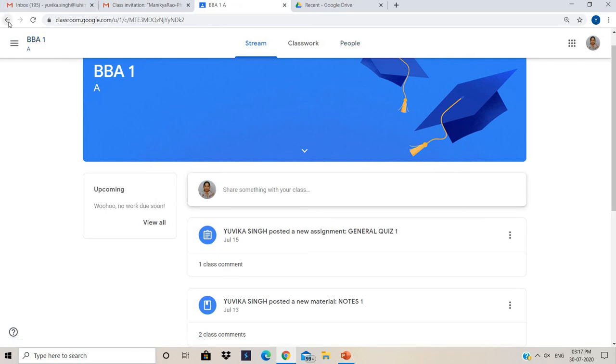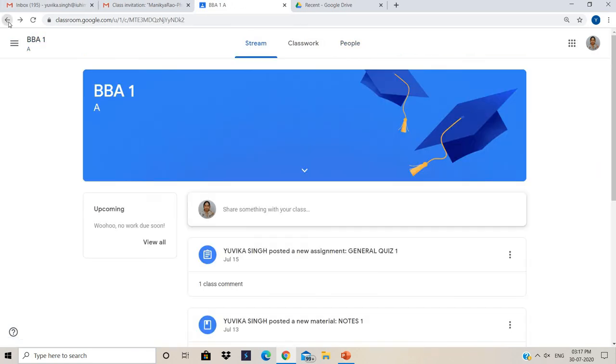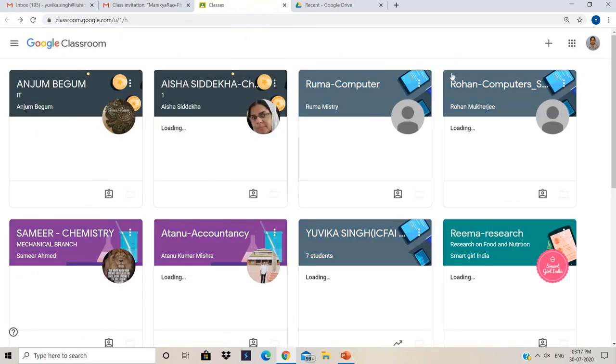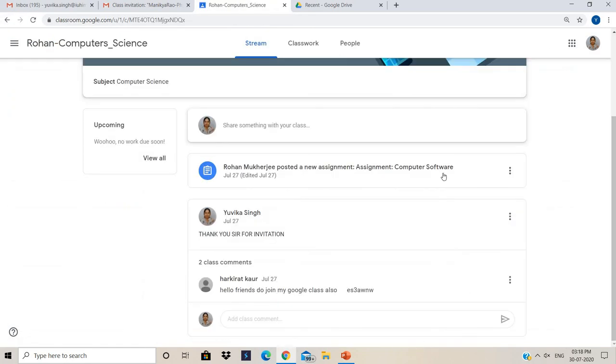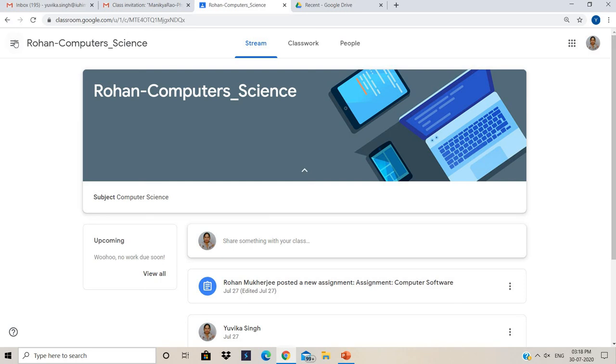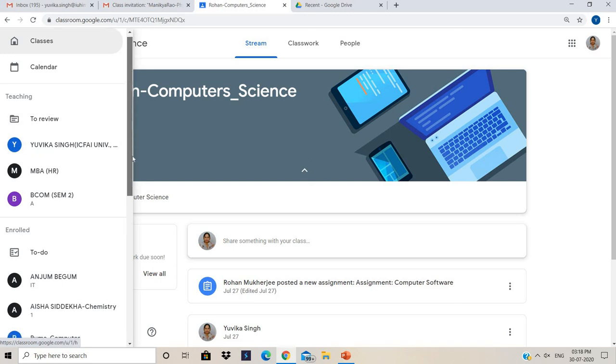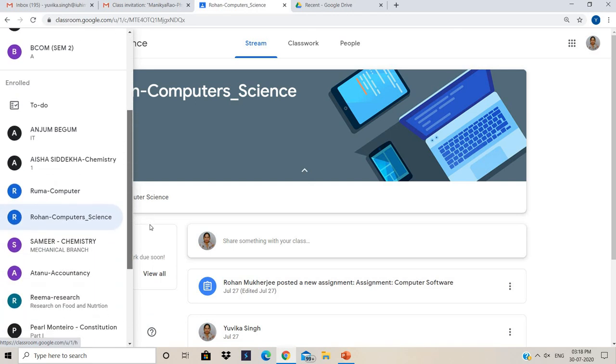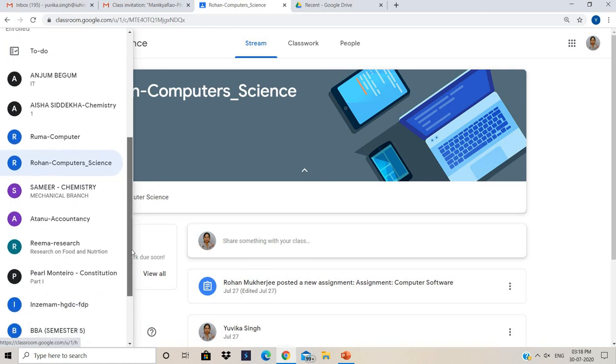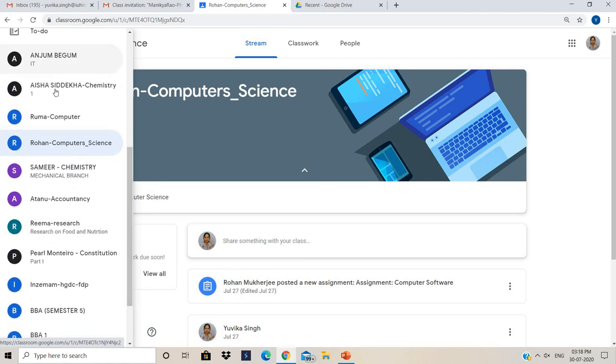So again, I just want to see all my other classes, so I will go back. These are all my teachers, right? I can go through this assignment, so it's very easy to operate. So these are all the features of your classes, and you can even review your classes from here, right? These are the classes which you have joined, right? So all the classes and the teachers' names will display here.